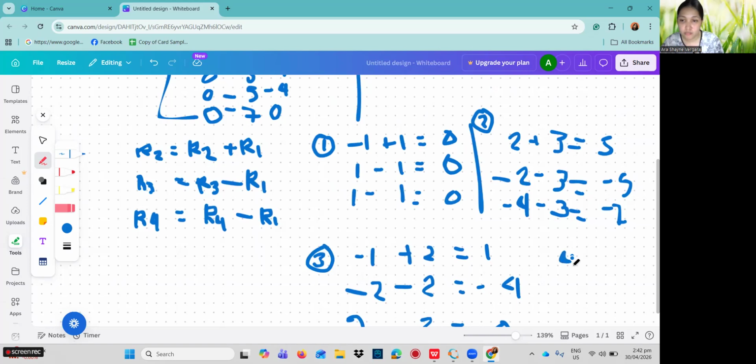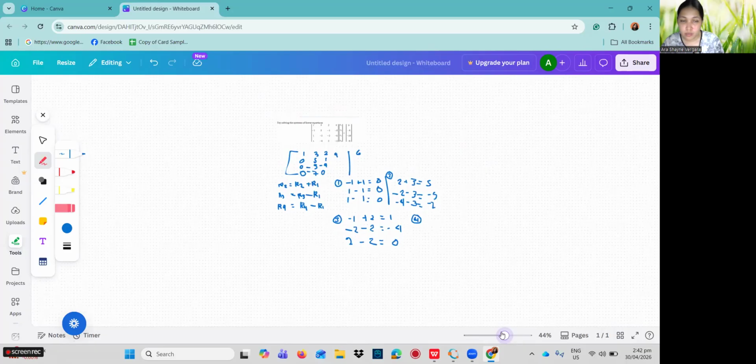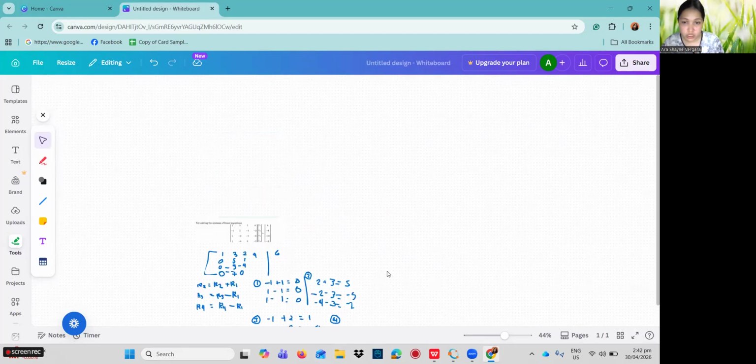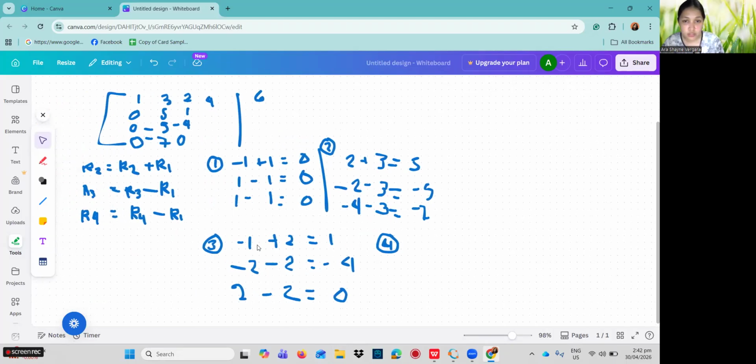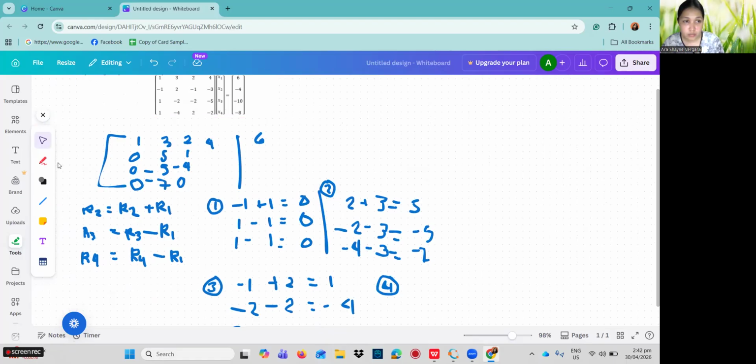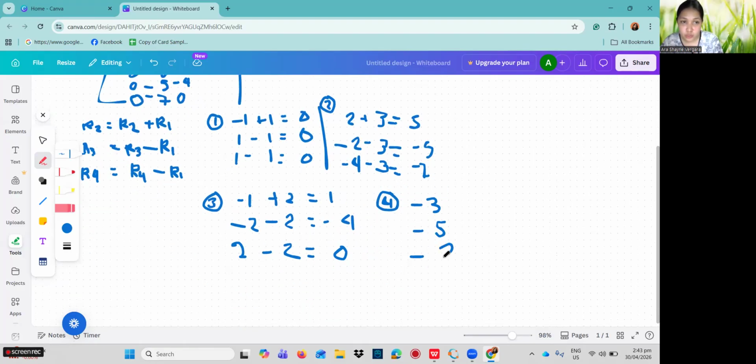Next, fourth column. Let me adjust. The R2 is negative 3, negative 5, and negative 2.